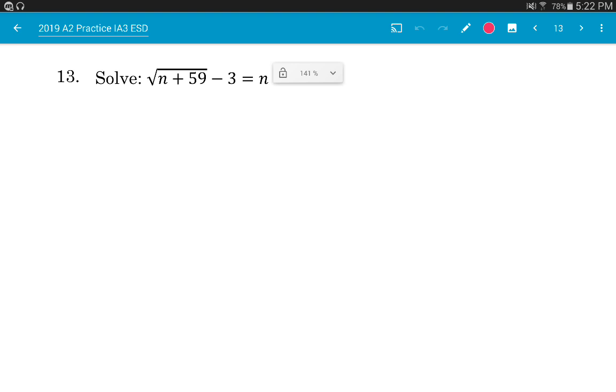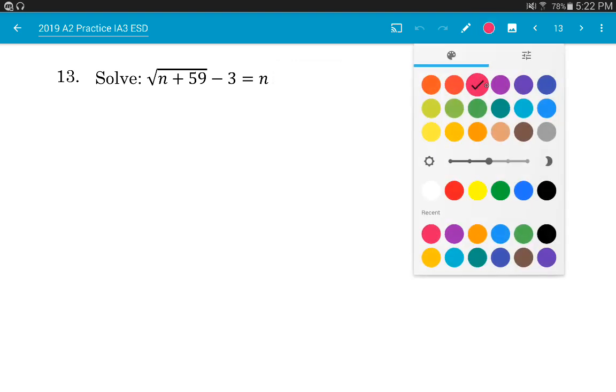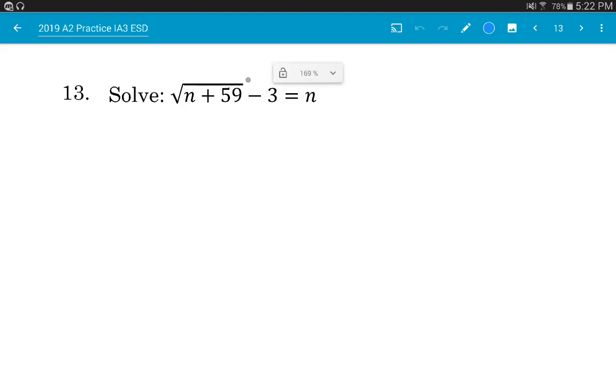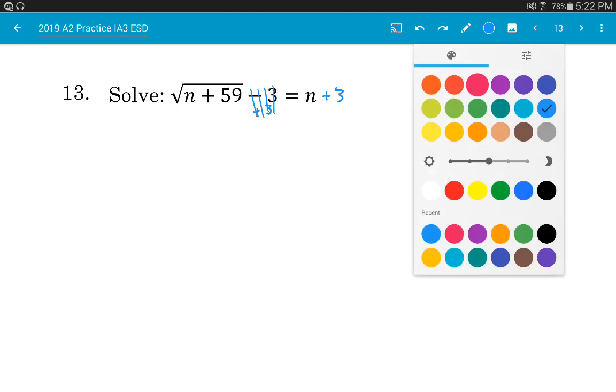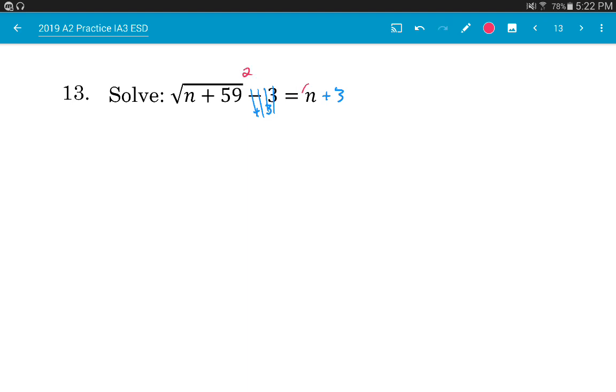Question 13, we want to solve for n. We need to be able to get rid of this square root here, but first I need to move the 3, get it out of my way, because this term needs to be by itself. Once I've done that, I'm going to square this side, and in turn I have to square this side too. On the left side, the square and the square root will cancel, so I get n plus 59 is equal